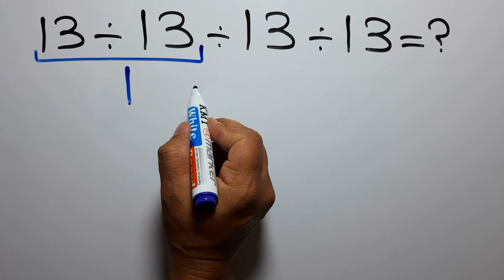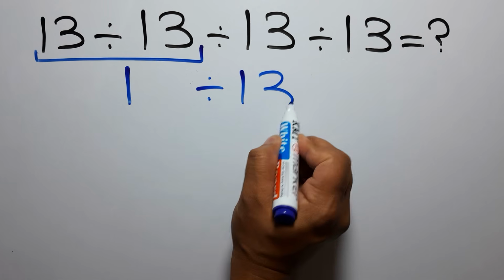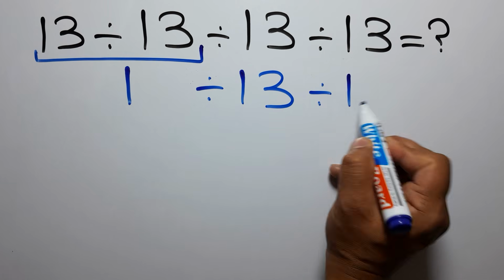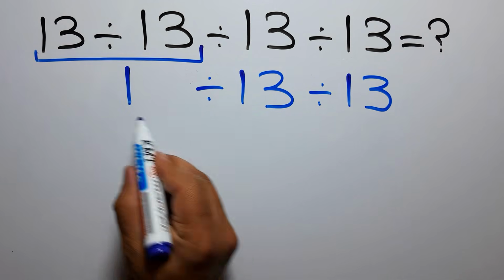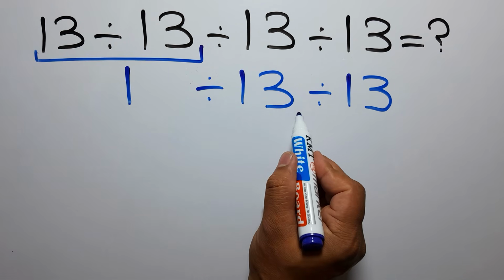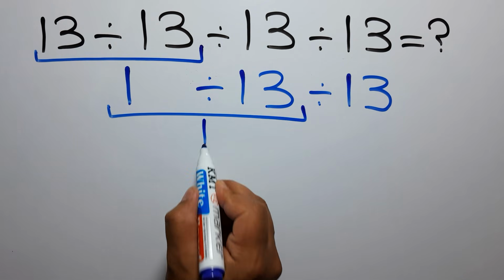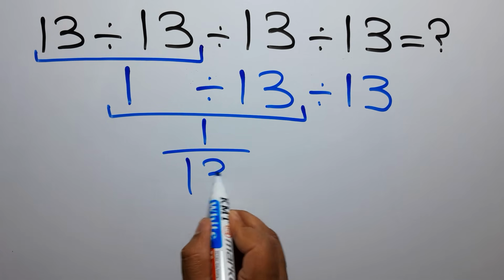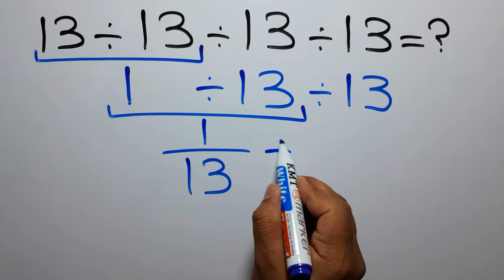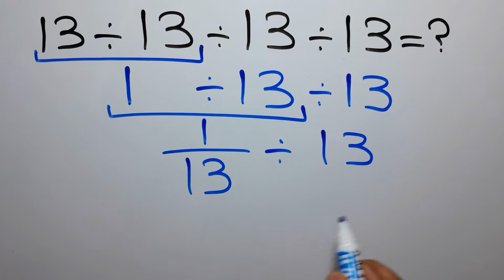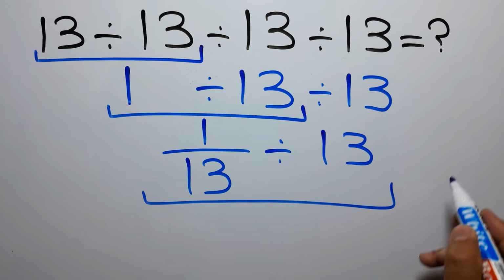So we have 1 divided by 13 and again divided by 13. Now we have to do this division. 1 divided by 13 can be written as 1 over 13, then divided by 13. Now, according to the KCF rule,